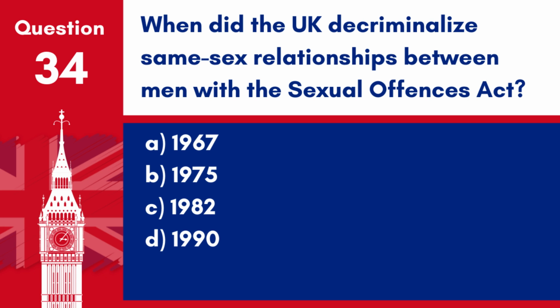Question 34. When did the UK decriminalise same-sex relationships between men with the Sexual Offences Act? A. 1967. B. 1975. C. 1982. D. 1990. Answer: A. 1967. The Sexual Offences Act of 1967 decriminalised private homosexual acts between men over 21 in England and